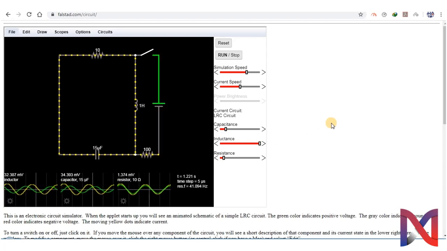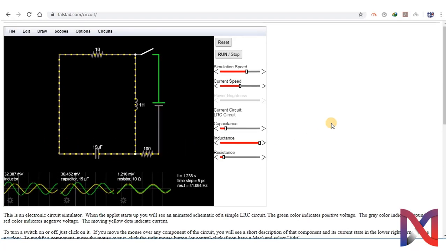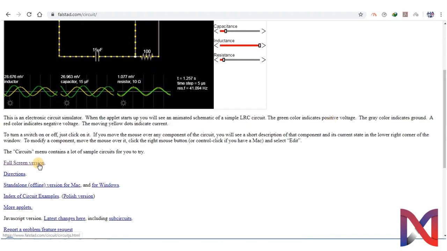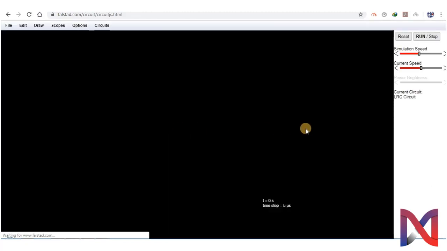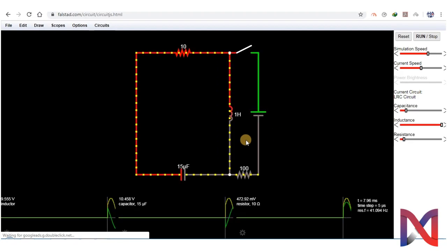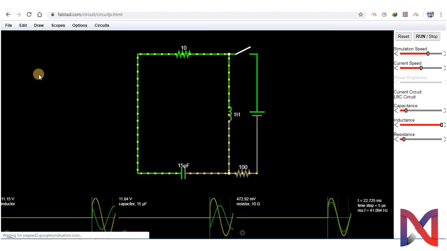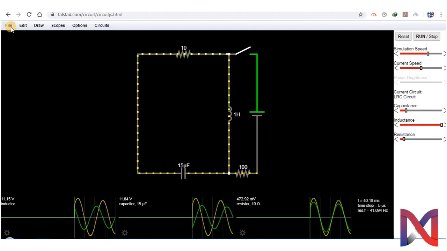Let's explore this software in its full screen version. Here you have to click, and it will appear in its full screen form. Let's explore the software. First, the file option.